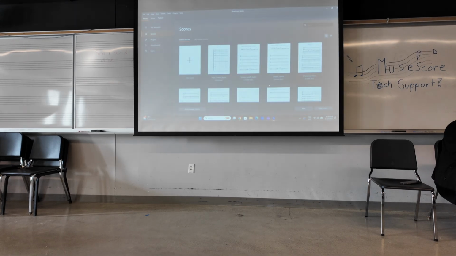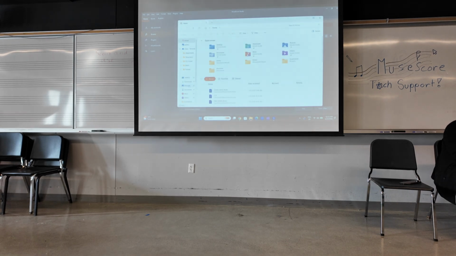I download it on my computer. I'm going to open it in File Explorer, go to Downloads, and here it is. I'll cut it so it doesn't stay in my downloads. I'm going to go to Documents and find MuseScore 4 or 3 in my Documents folder. I can open that up, and then there's a SoundFonts folder. I can open that up. You can see I have quite a few. And I can paste my downloaded